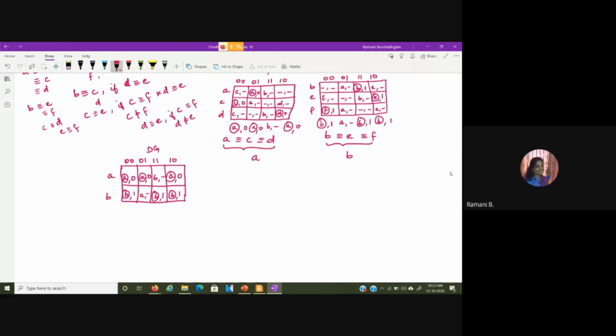Okay. So now, after this, we need to do the state assignment. When there are only two states, you won't be having any race condition actually. So let us consider this A to be 0 and B to be 1. I think this is the same flow table which we saw previously. I am not sure.